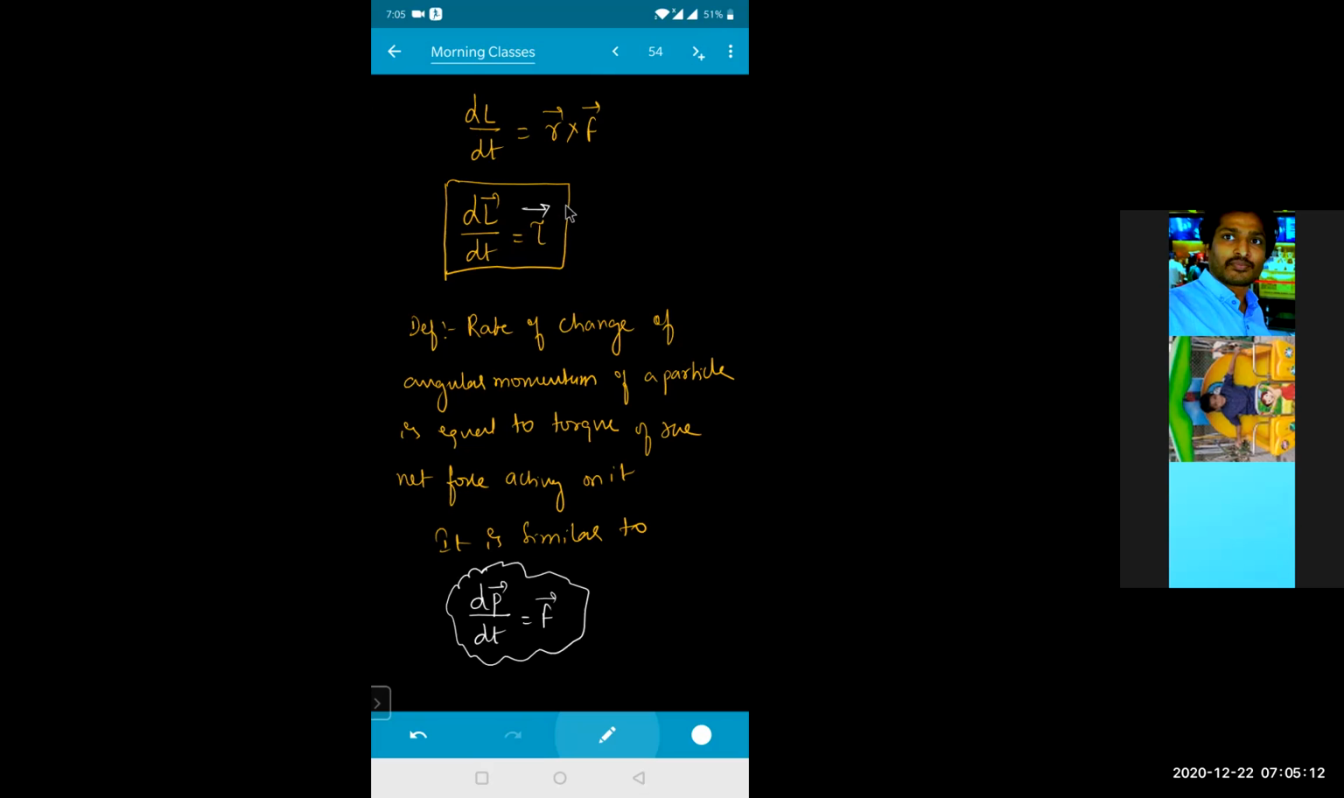So that is about the angular momentum of a particle. I hope you got a rough idea related to this, how to calculate the angular momentum in the given condition. Okay? Next one is